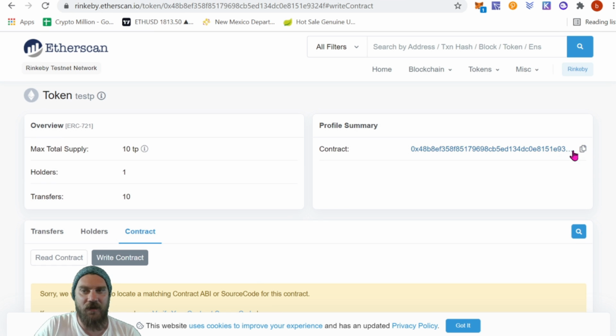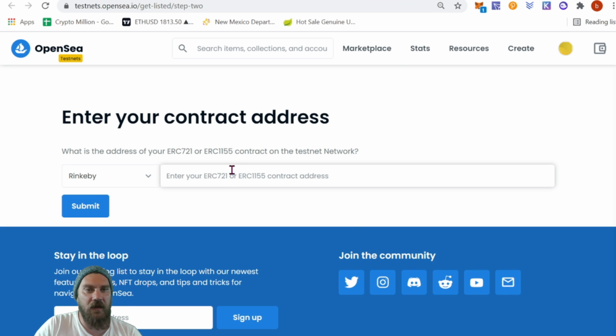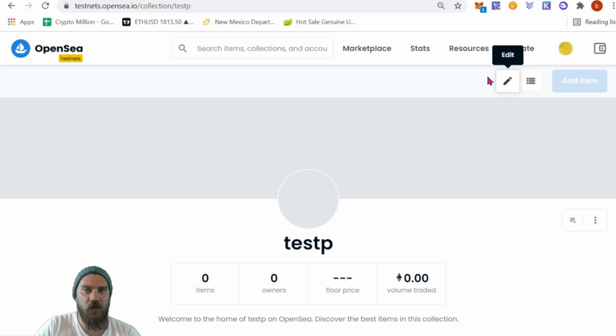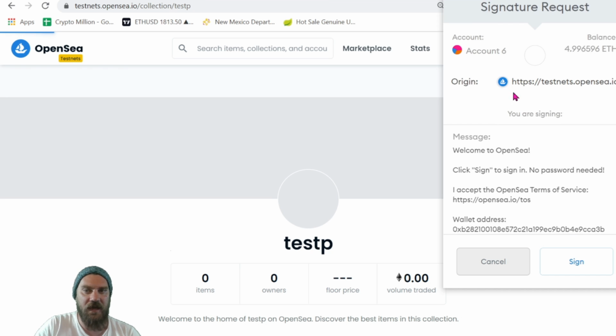So just come back over here and we can simply copy it if you didn't have it. And again, you guys can find that easily on Etherscan. Just search your wallet for that and paste that contract address in and click submit. Okay, so now we should see an edit button here, and if we click edit, we're going to have to sign within our wallet to give us permission to edit this collection here on OpenSea.